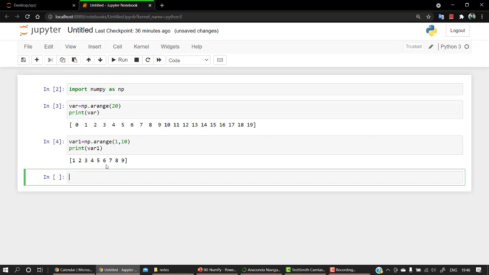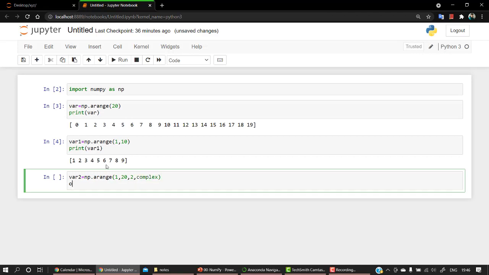Let's move to another example where we'll use the dtype, like integer or complex values. Let's see that example. Move to var2. Still we are in the first method, np.arange. Here we are giving the start value, then the last value, and then the step, and then the dtype. I'll use the complex type. Now print